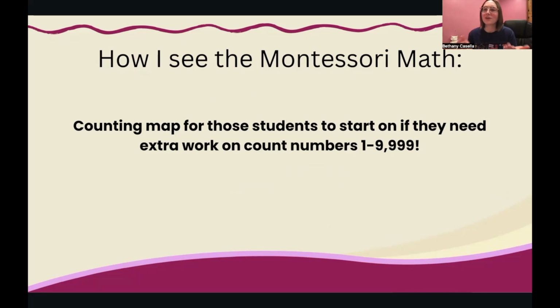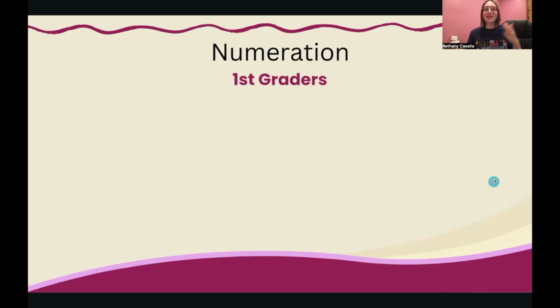And obviously we don't have those little tiles. We could, but I just like them to say, I'm going to write 101 to 200, 201 to 300, if they really need that practice. So if you see on those maps, it goes all the way to 900 board. And that's just to reiterate them counting through after they do the short beads and do the other works. And that's what I'll say about the counting maps. But now we'll get into the first grade numeration.